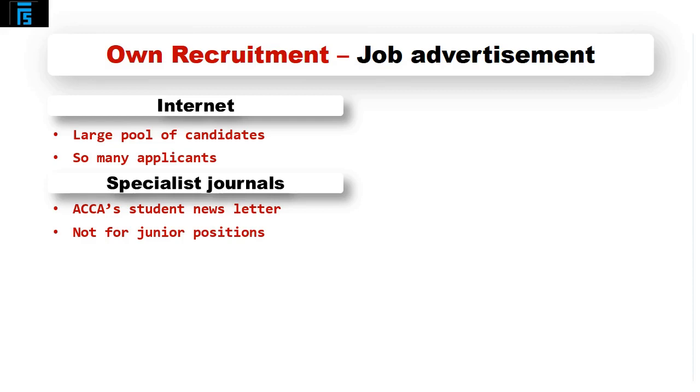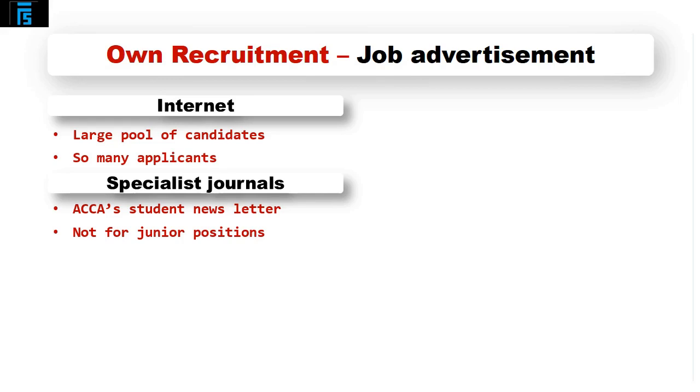So specialist journals are a good, cost-effective way of advertising your job to the kind of person that you want. They're very, very good if you've done some kind of job analysis, because you can work out where people with the right experience, where people with the right skills will see your advertisement. They don't work as well for person specifications, because if you want the right kind of person, they may not necessarily be reading that particular magazine. So they work well in certain circumstances, but not in all of them.